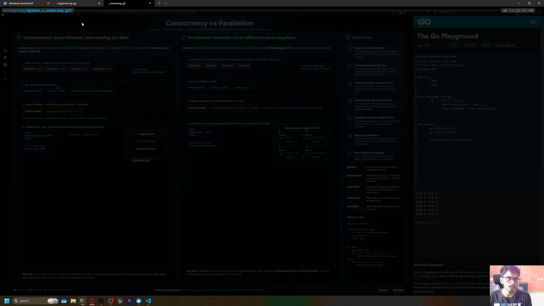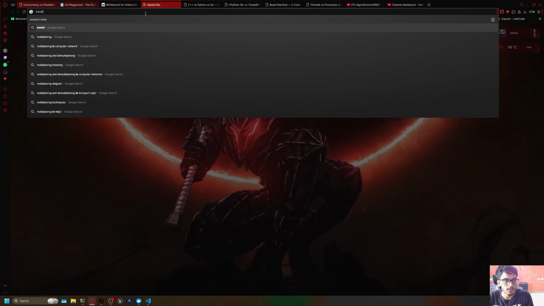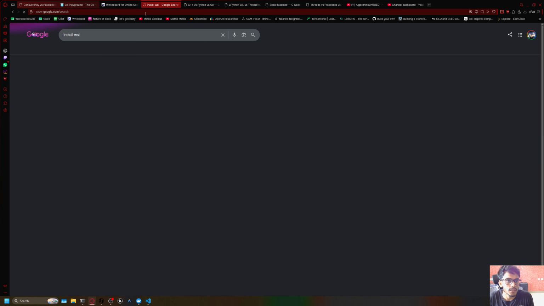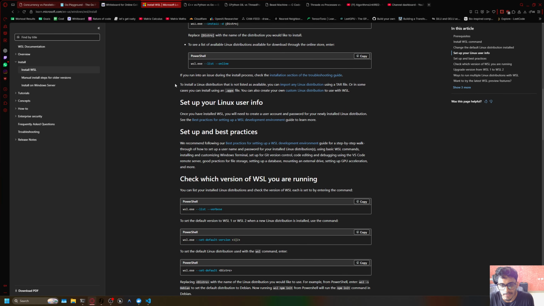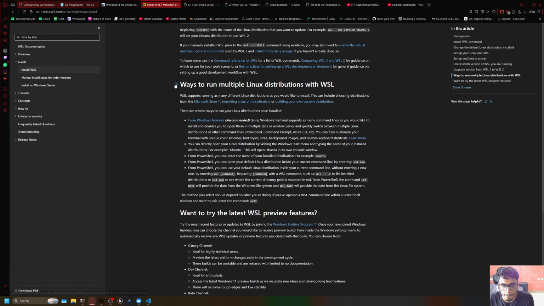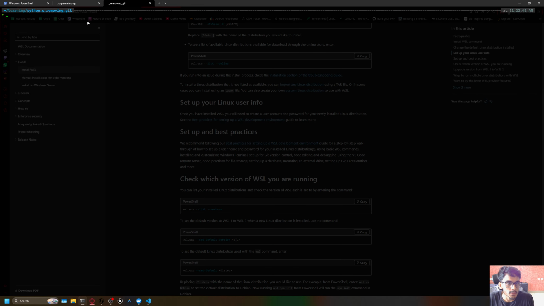Now, why use WSL? Because using WSL, you will be able to execute all the helper utilities that are available in Linux. First of all, how to install WSL? Just search for install WSL, and you will get this link. You can go through all the steps on how to install WSL. Once you install WSL, you will be able to open up an Ubuntu terminal